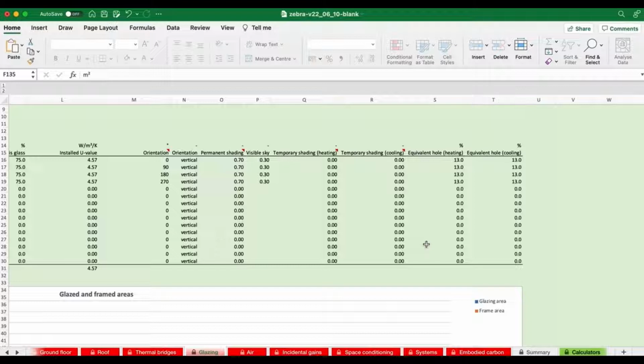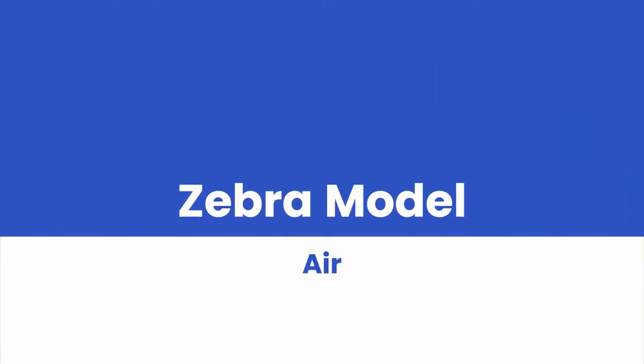In a heating dominated climate like the UK, if you don't get this right, you'll end up with a building that suggests that it's self-heating just through solar gains. And if you don't get this right in somewhere like India, you'll end up with a building with a vast cooling load, which it doesn't really have.